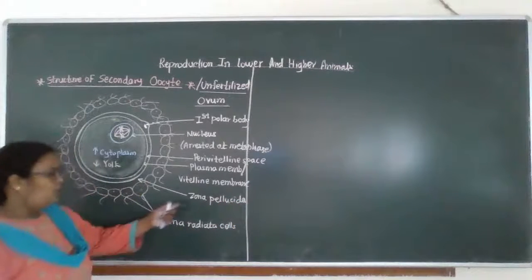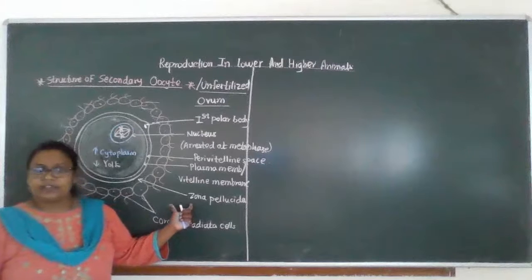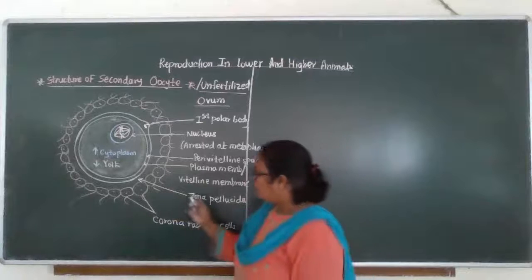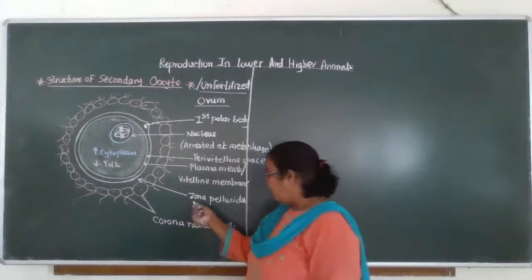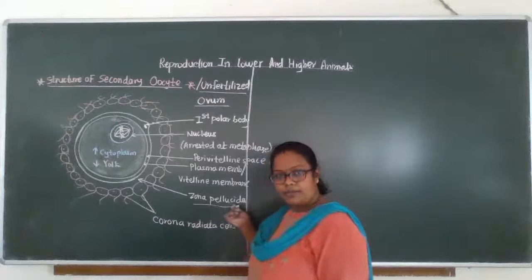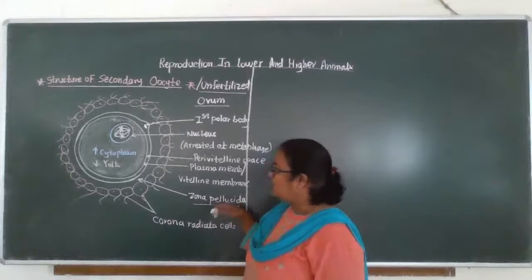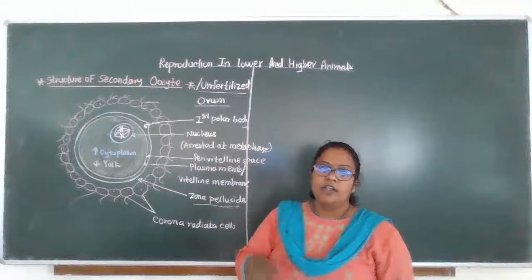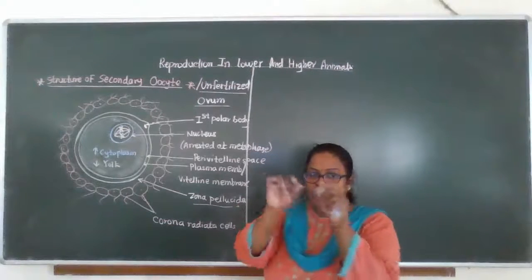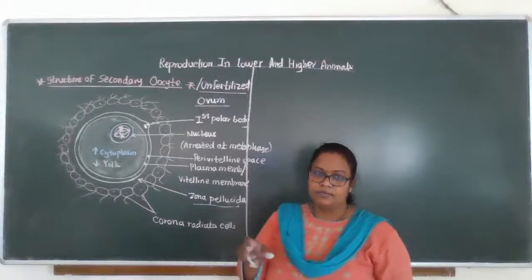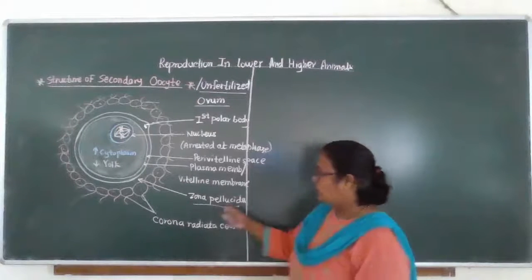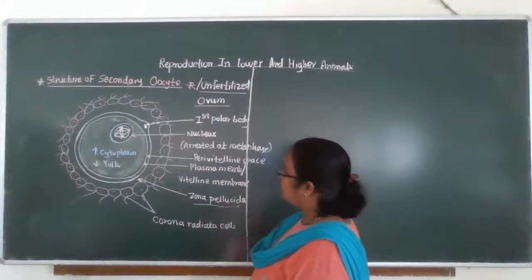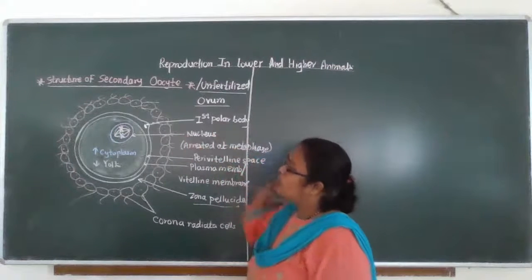As you know, who secretes the zona pellucida? I have stated it in my previous video. It is your MCQ question, right? Zona pellucida is a non-cellular transparent material secreted by the cells present in the Graafian follicle, which are surrounding the antrum. I'm giving a clue. So these cells secrete the zona pellucida membrane, which is transparent. And here is the first polar body.